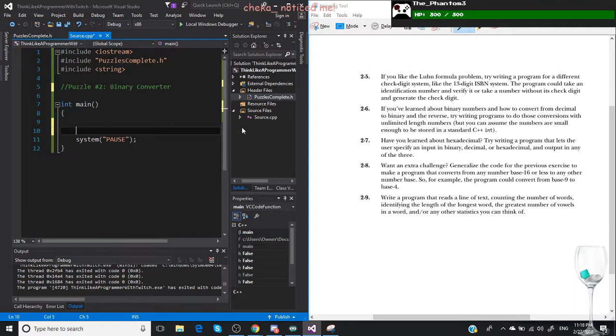But let's see, main. So I guess we got to take the user's input, so we're definitely going to get that. So it's going to be int